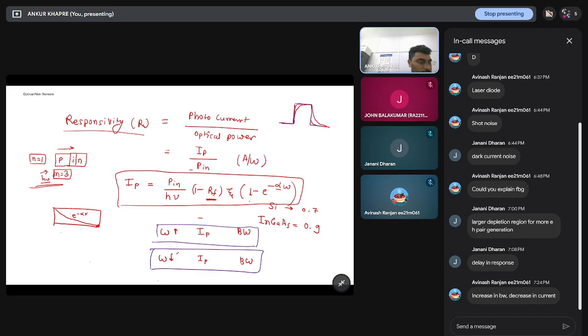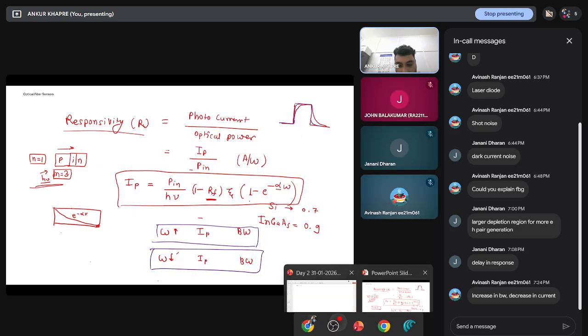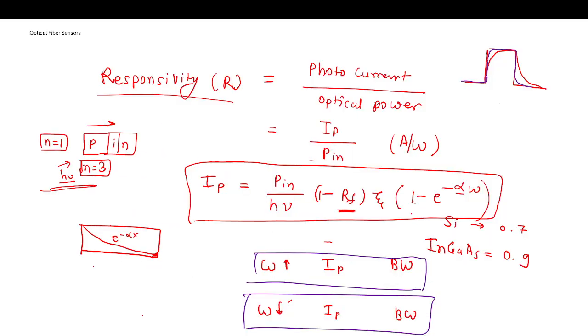After this we have to discuss avalanche photodiode, and that's the final. It will take 10 to 15 minutes. So if you are not sure, I will tell you, increasing the width will decrease the photocurrent and increase the bandwidth. But sorry, I told wrong. Increase the photocurrent and decrease the bandwidth, and the vice versa is